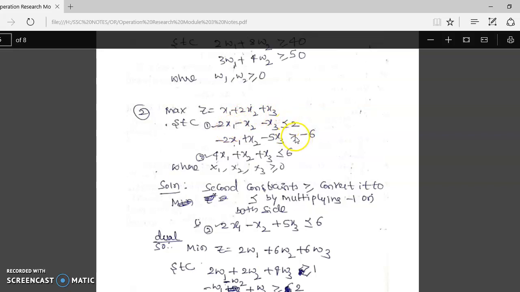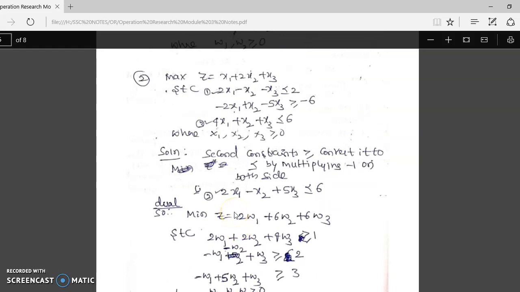But just look here, while converting to dual, all the constants should be less than, but the second constant is greater than. So we convert it into less than by multiplying both sides by -1. After doing this, we get this. So it is the second equation now. The first is as it is, the third is as it is, but the second is converted into this one. Now apply the